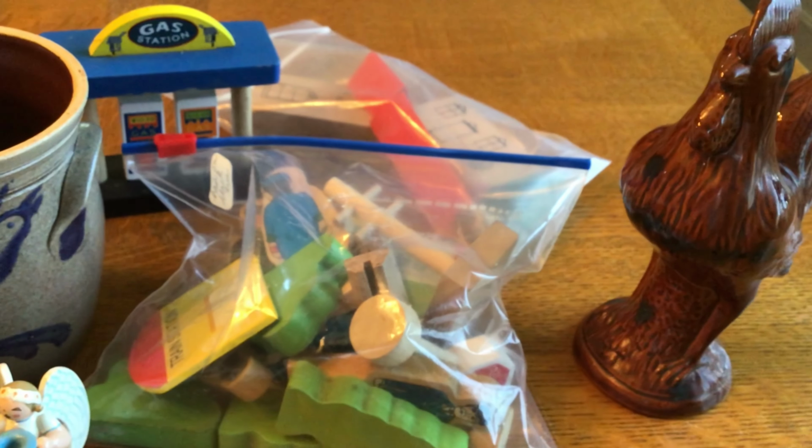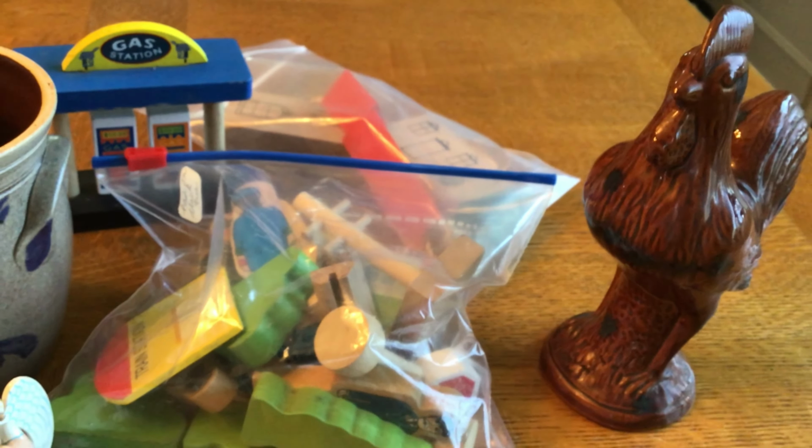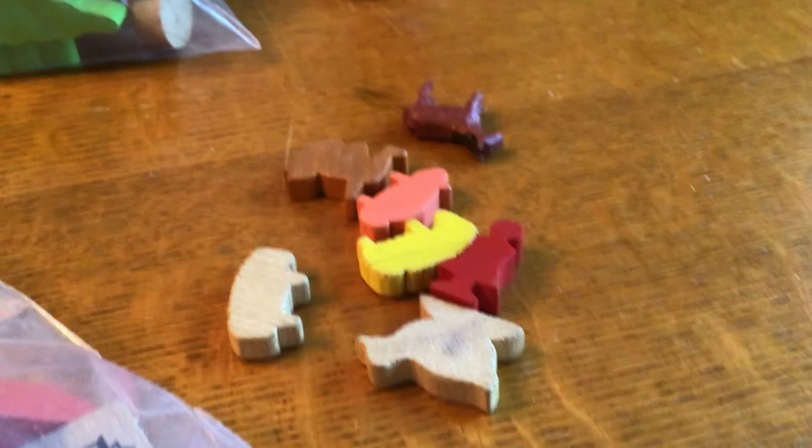When I got these, I knew that it was train figures, but there was also some Putz or Nativity German figures. So I pulled these out of the bag, and they're like little houses and this great little wooden tree, and they're gonna go with these animals as a lot of German Putz Nativity. So that should do quite well